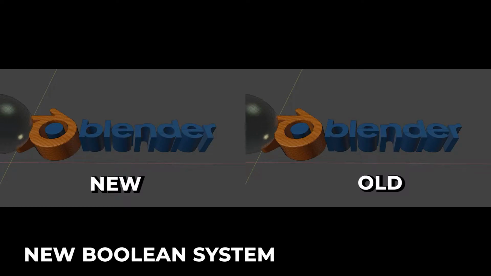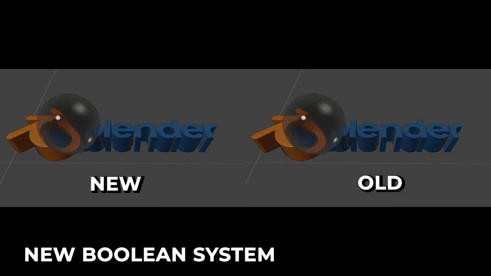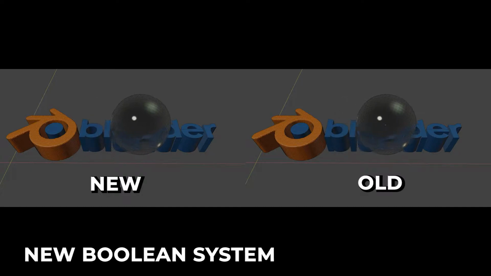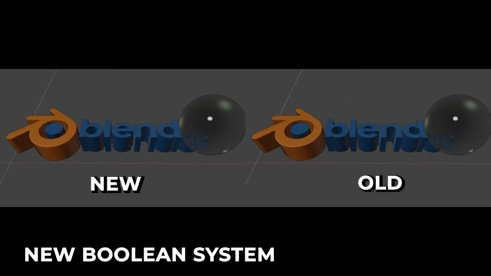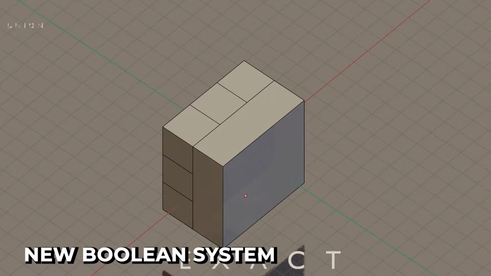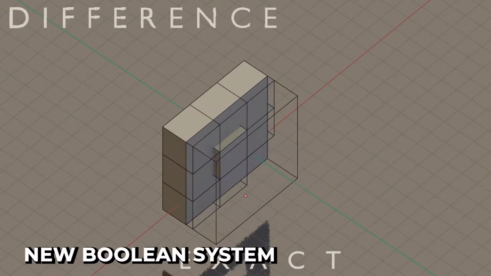One of the coolest new features is the improved Boolean System. It now has an exact solver which handles overlapping geometry better. This method is slower, so the old option is still available as a fast option. Thanks to this new system, some of the sculpt tools such as trim will be used a lot in the